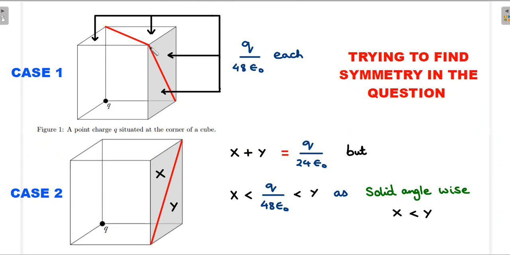put a symmetry line like this for this point charge, you could see that it will have that 45-degree symmetry with these two faces. And also the same thing I can do for this side, with a line like this. Then each of these four right isosceles triangles for this point charge would have a contribution of flux of q by 48 epsilon naught. But the problem is the original question was not about this line.